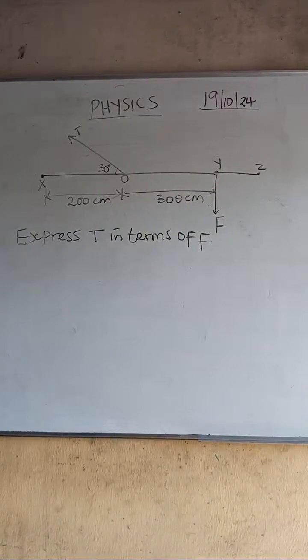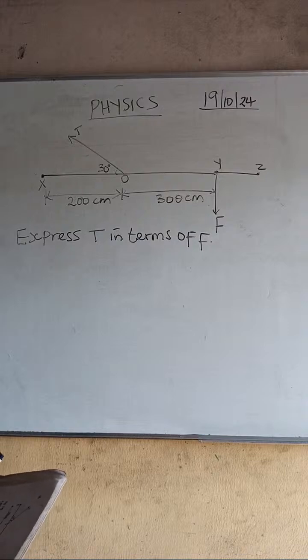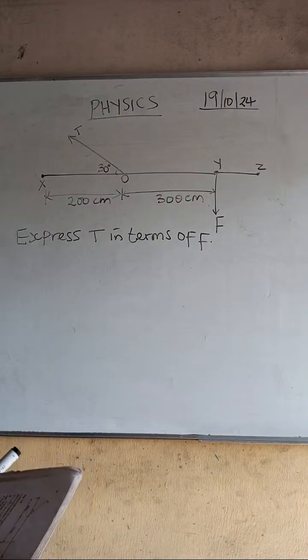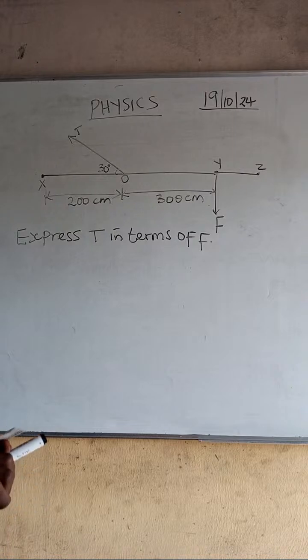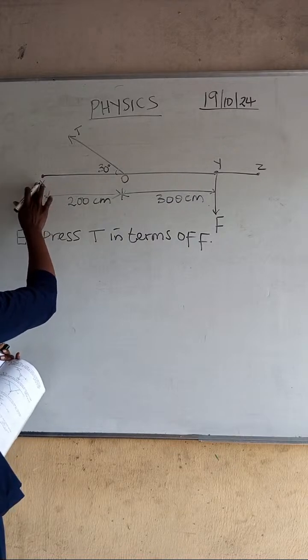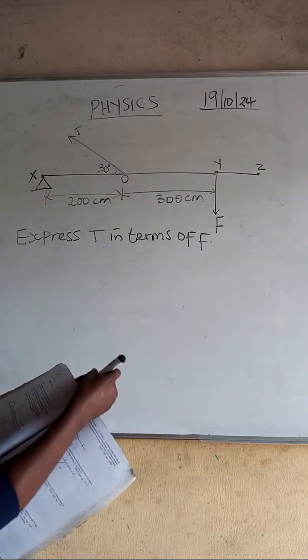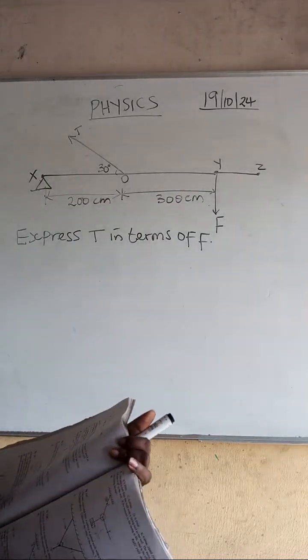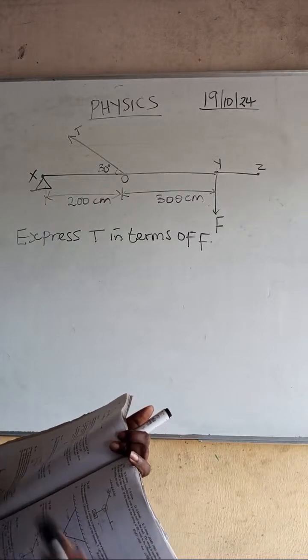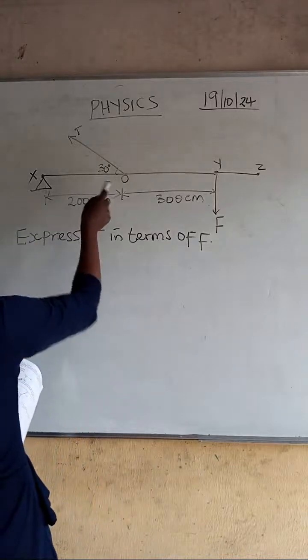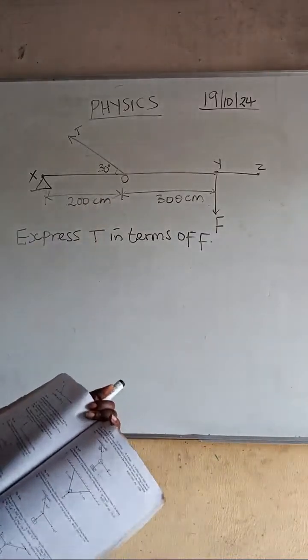Okay, let me just read out the question so that we can understand. A uniform light beam, SZ is hinged at X and kept in equilibrium. So that means this is where the pivot is. And we call it what? X. It's kept in equilibrium by the forces T and F as shown in the diagram above. If X0, that X0, okay, equals 20 centimeter,